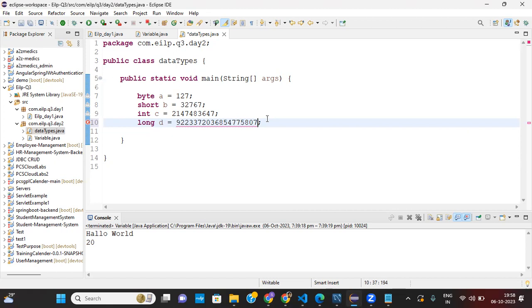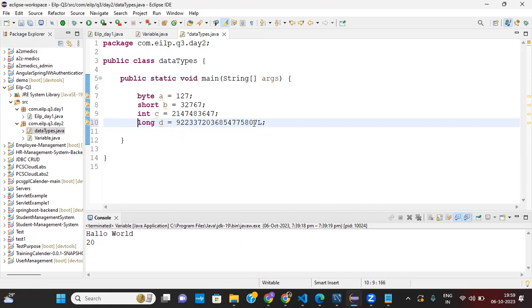If you see this L, this is the syntax for long. Whenever we use a long value, we put L at the end.